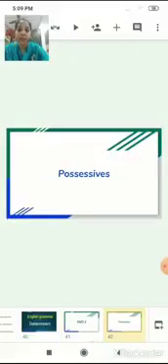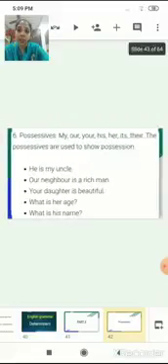So let's get started. The next determiner that we are going to learn today is possessives. Now let me tell you, students, possessive determiners. In English grammar, a possessive determiner is a type of function word which is mainly used in front of a noun to express possession or belonging, as in my phone, my book. So the possessive determiners in English are my, your, his, her. Okay, so all these words which show a kind of possessiveness are known as possessive determiners.